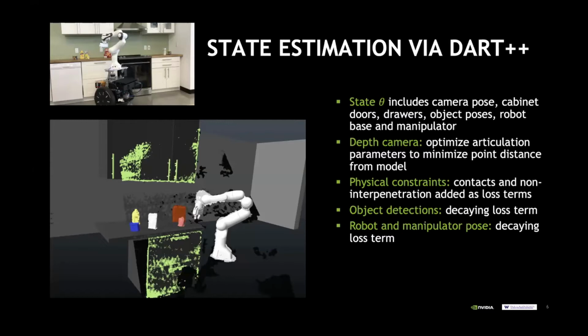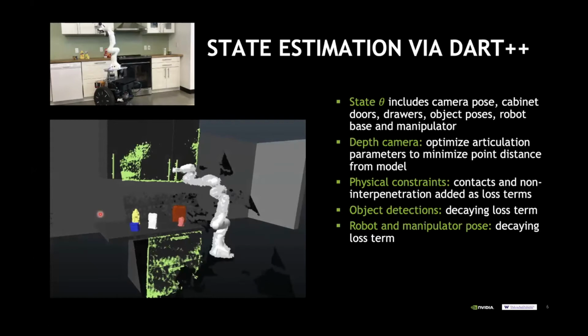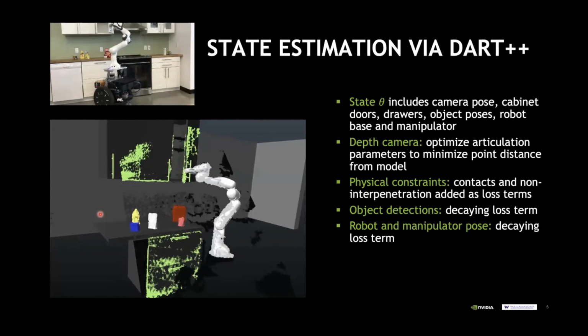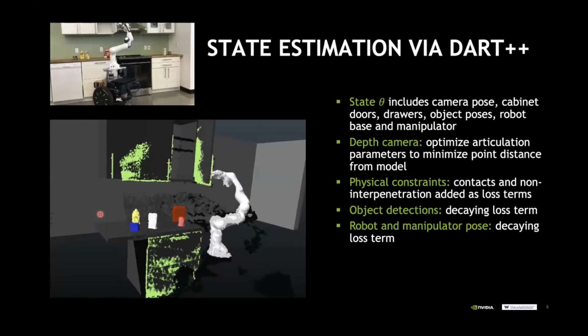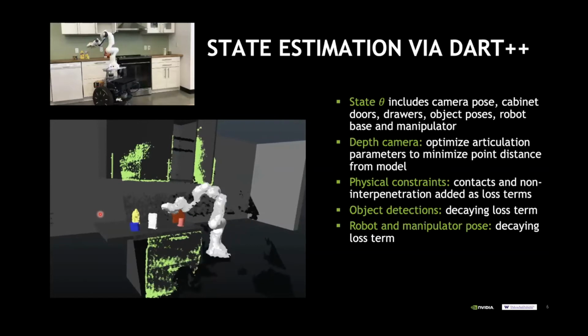In addition to doors and drawers, you can also see these colored, wait, let me use the laser pointer here. These colored objects are objects that are detected with the techniques that I described on the previous slide. And with that kind of information, we can now perform task and motion planning in this environment and execute it pretty robustly in the real world. So you can see this is the robot where it used the model for planning, and then it can execute by keeping track of the objects and then using that explicit pose estimation in order to execute the actions.